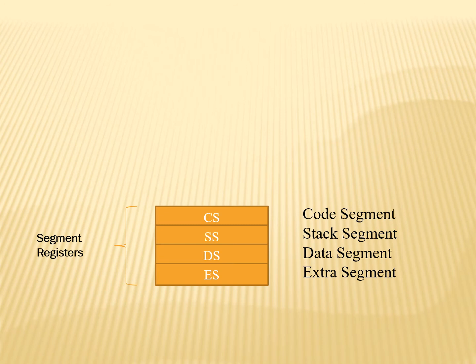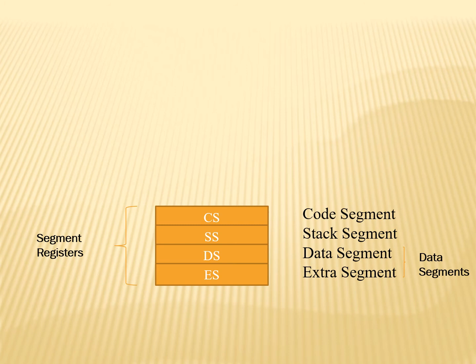We know the segmentation of memory has been done so that the memory can be accessed easily. The second thing is that each segment occupies up to 64 KB. So here the segment registers are code segment, stack segment and 2 data segments. Which are the 2 data segments? They are DS and ES, right? Code segment, stack segment and 2 data segments, ES and DS.